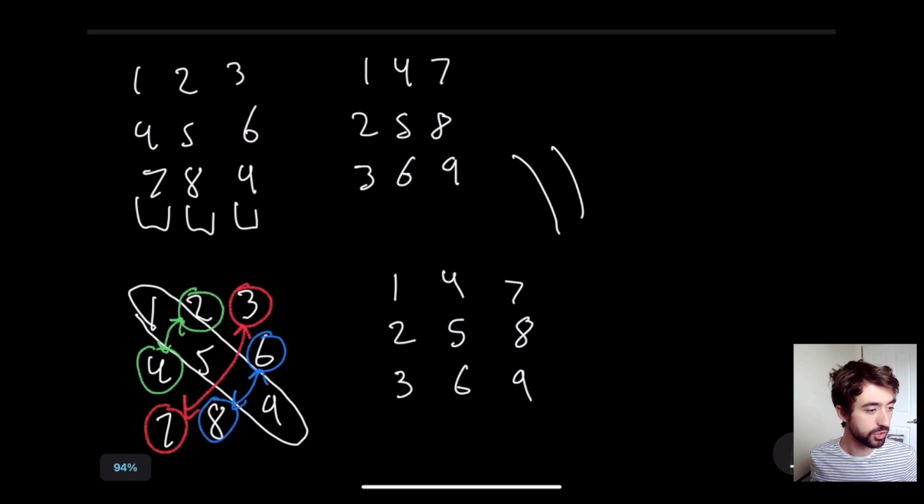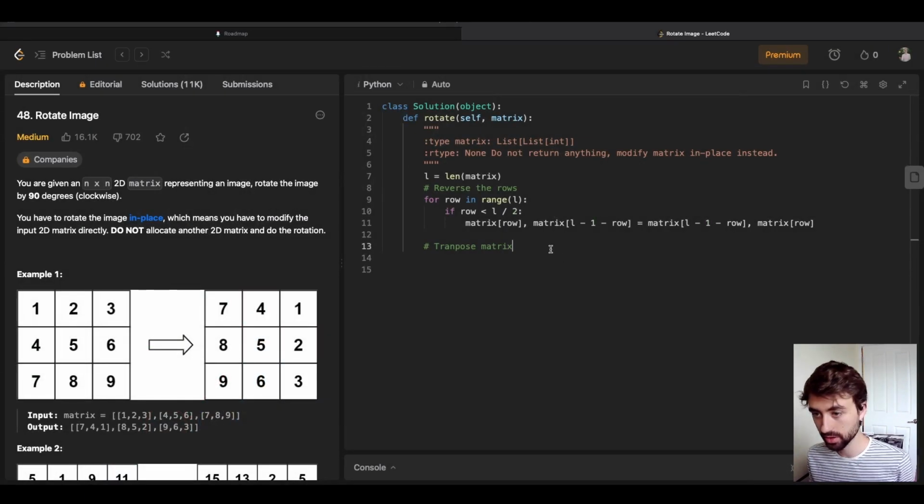So now going back to the code, that series of swaps is much easier to write the code for, in my opinion, than actually swapping the rows. So we can say for I in range L again, same as up there in the reversing code. But then we need to do it on another layer. So for j in range I,